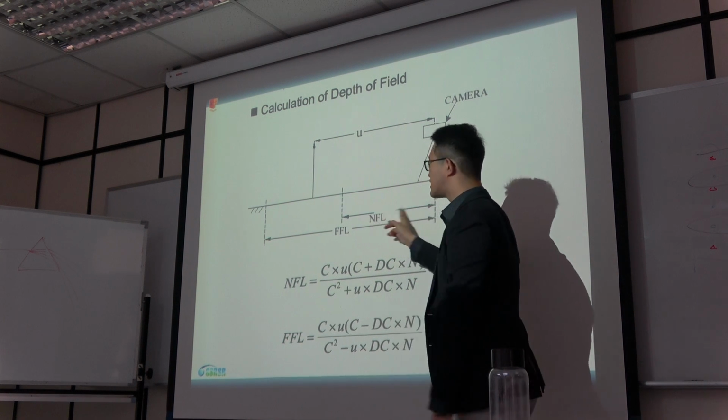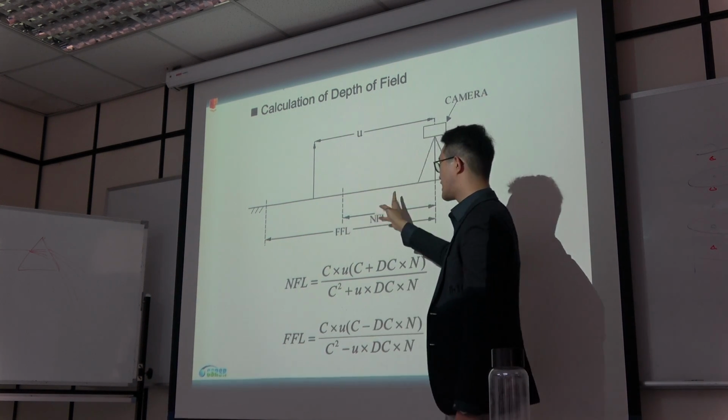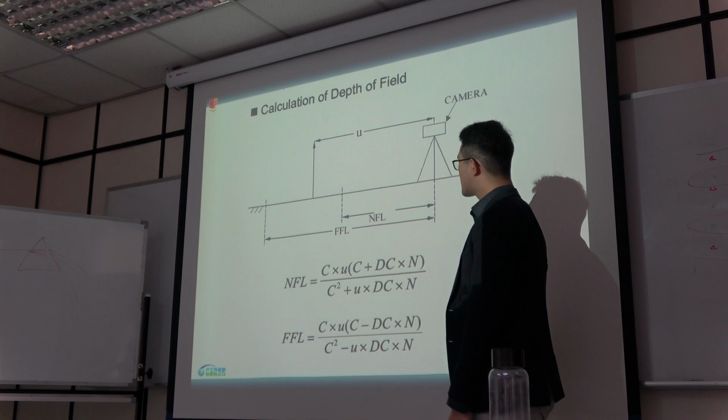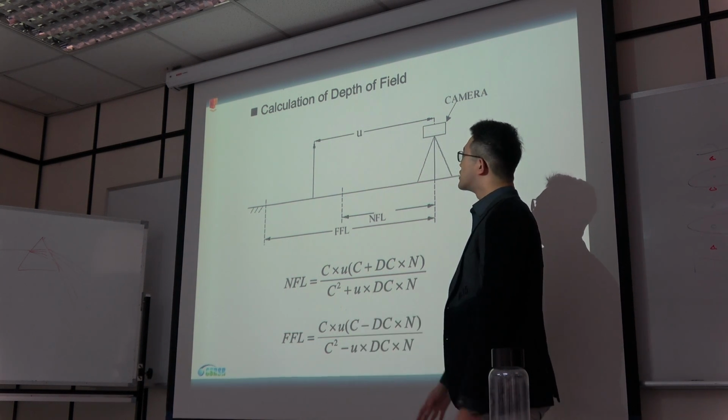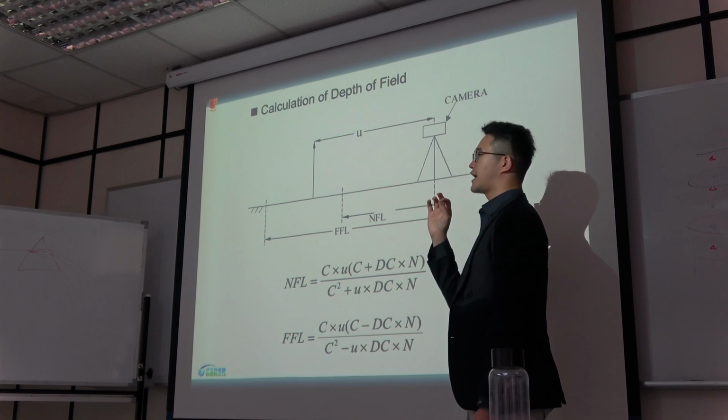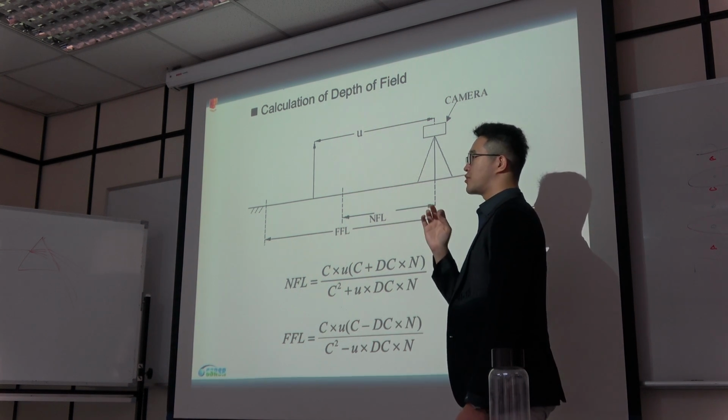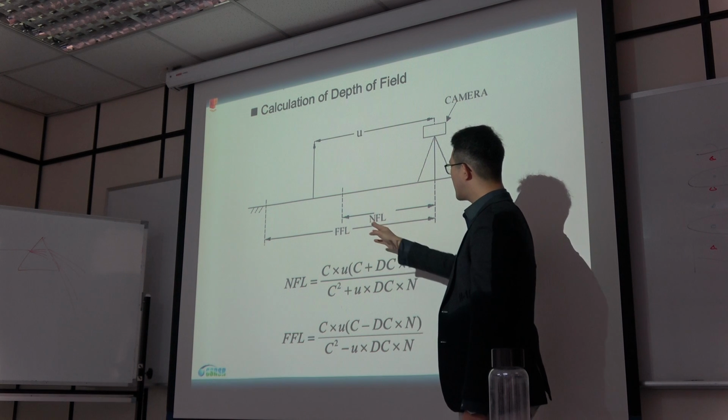In Chinese, they're called 前景深 and 后景深. The behavior of these two is actually a little bit different. So if you, for example, adjust your camera a little bit, then the near field length will be